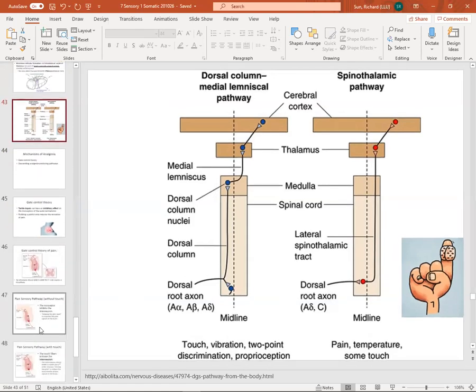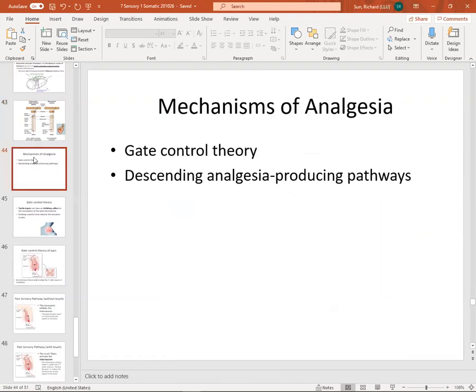All right, so a couple more slides, then we will finish it today. All right, because this pain can be sometimes very unendurable, cannot endure it. Yeah, unendurable, yes. And so there are two major mechanisms that we can apply to ameliorate this pain. There are several more, but the two major ones that we should know